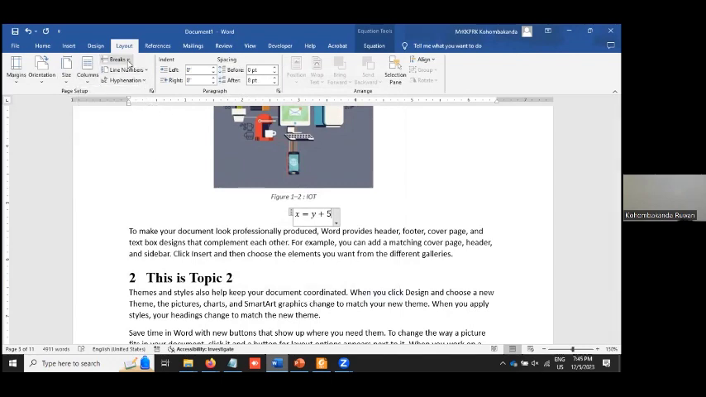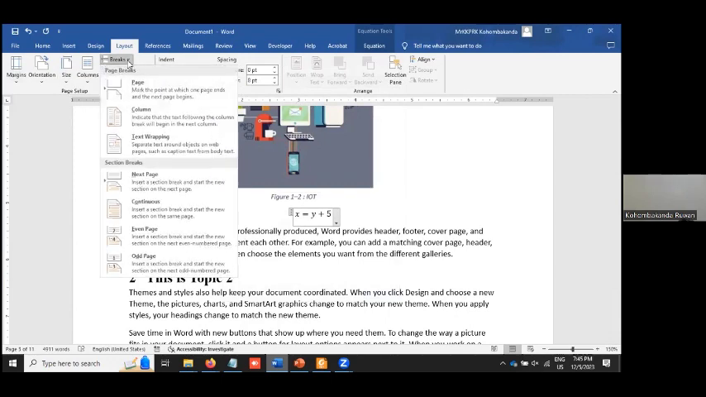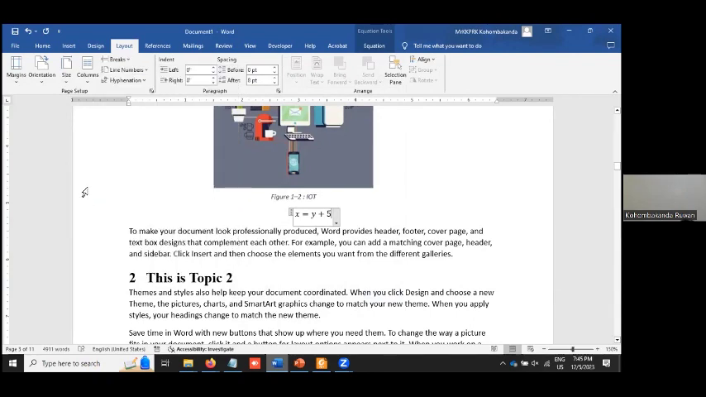And under page breaks, we discussed page break, column break, and section break, right? Important breaks, very important, especially section break. And next one,